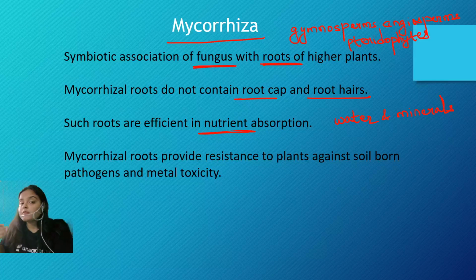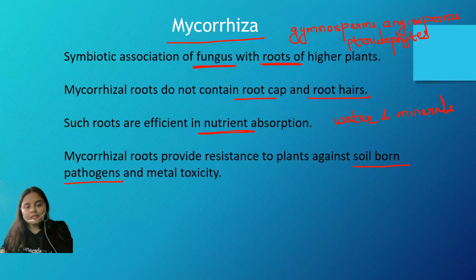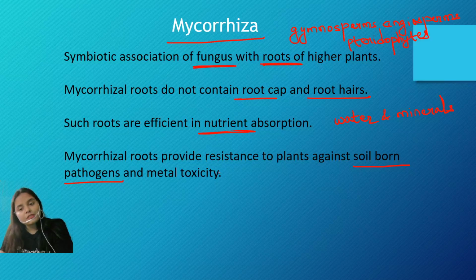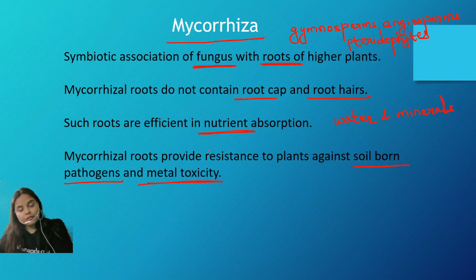Now, the mycorrhizal associations present in the roots provide resistance to the plants against certain soil-borne pathogens. That means those infectious agents which are present in the soil and which can cause damage to the plants. They also provide resistance against certain metal toxicity. So now we know what mycorrhiza is. It is a symbiotic association, to be very clear, between the fungus and the